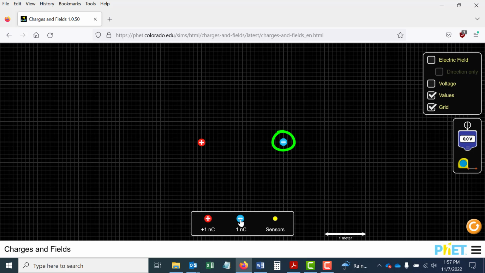I've got 1 there already, and I'll go 2, 3, 4, 5, 6, 7, 8, and 9 in total. So I've got 9 times as much negative charge sitting here as I have positive charge sitting here. And they do want you to map out the electric field again, but you don't need a picture of it this time. So just grab one sensor and move it all around and have a look at what looks different this time. So we've got 9 times as much negative charge here as we had last time, and they just